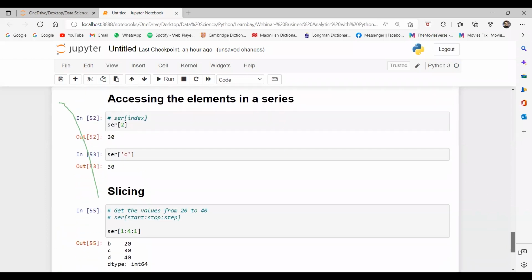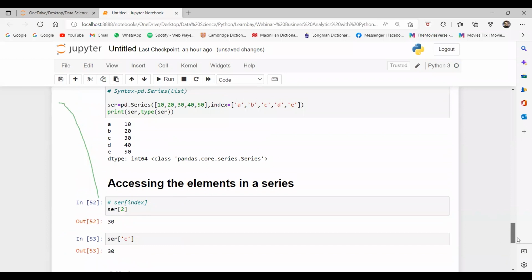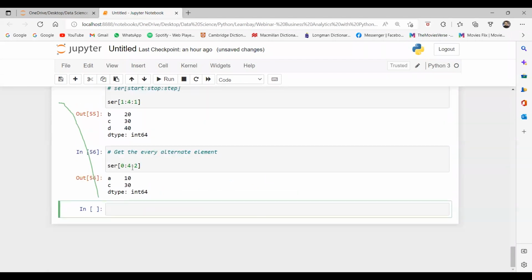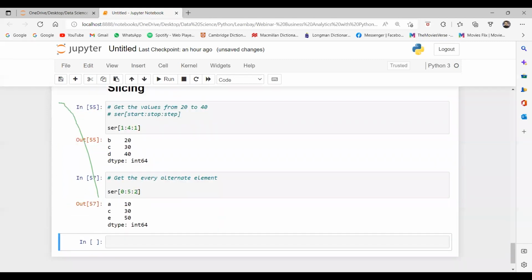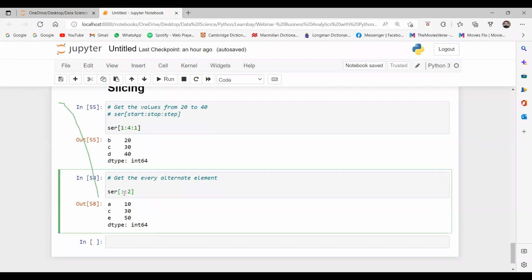Yes or no, guys? Yes. So this is not giving me the last element, so I can make it one more extra. We don't have to mention start, stop, and step every time. That is by default. Even if you don't mention them, it will again give you the same thing because those are by default. By default, the start index is 0, and the stop index is the last index. Only you have to pass the step size.